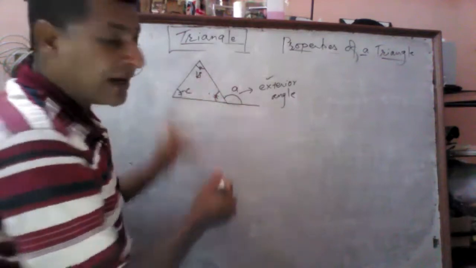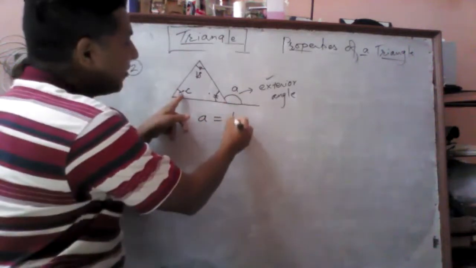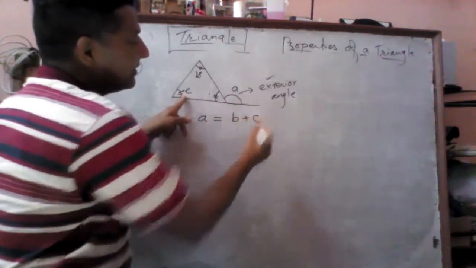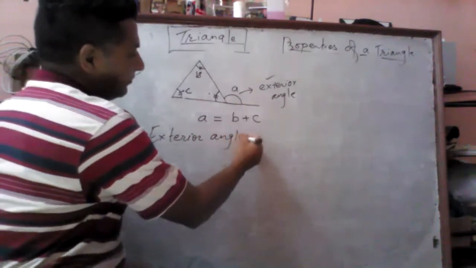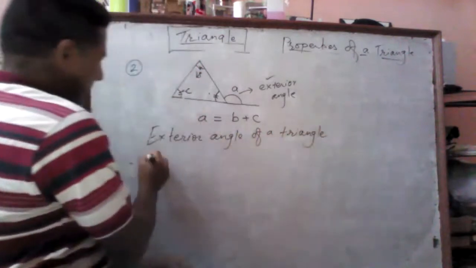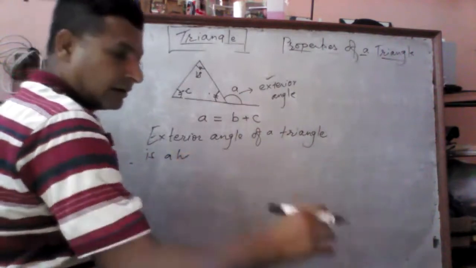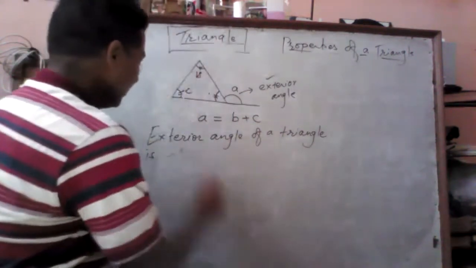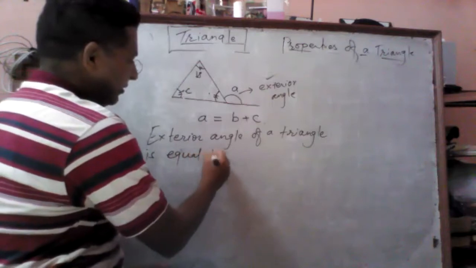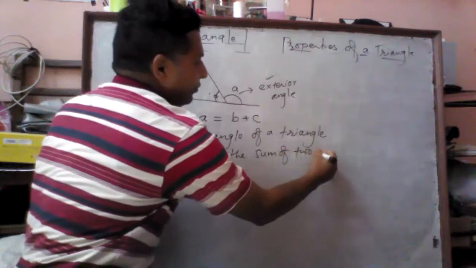If we measure these three angles, we can see the result: angle A is equal to the sum of these two angles B and C. It means that the exterior angle of a triangle is always equal to the sum of two interior